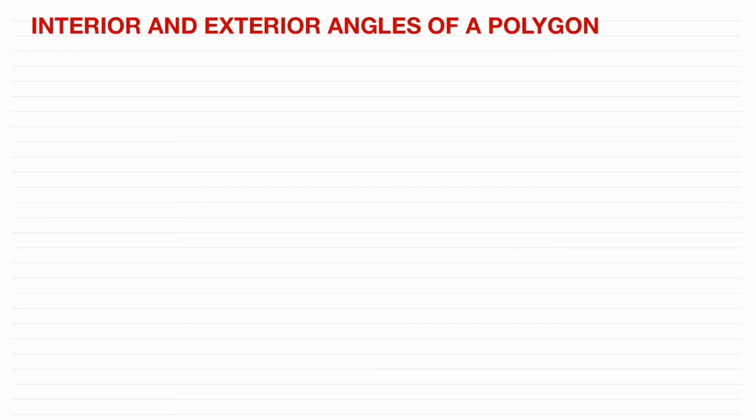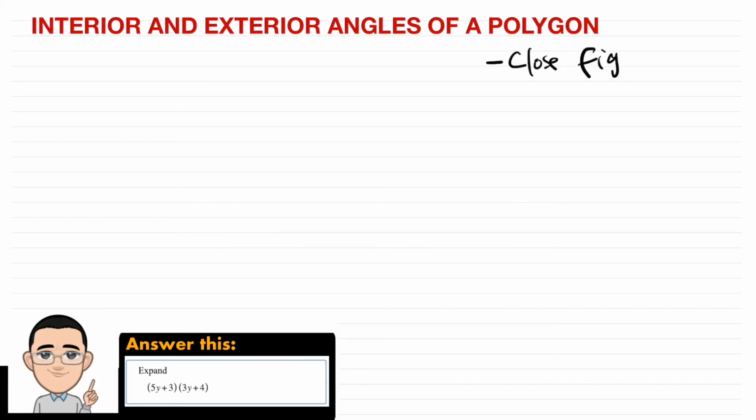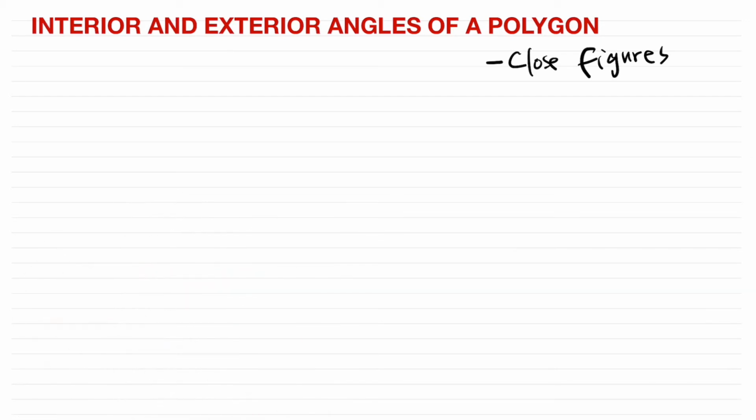Now, what is a polygon, by the way? Polygons are closed figures. Alright, examples of polygons: you have square, triangle, rectangle. Those are examples of polygons. Now we are going to start with the first one, which is the interior